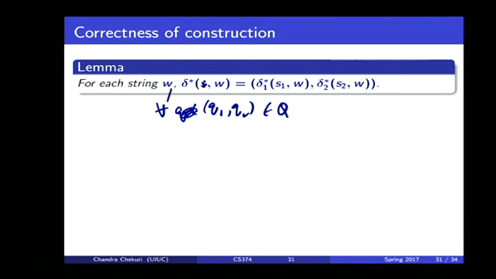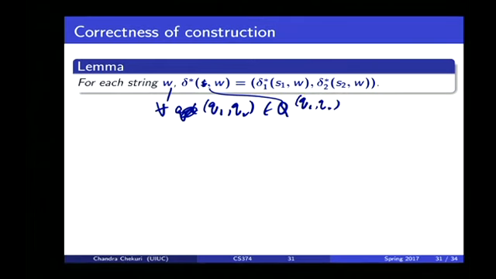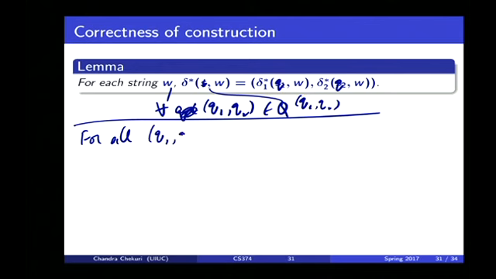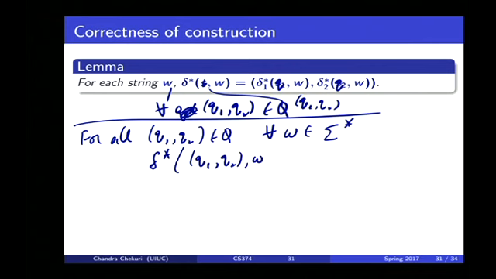Technically, I need this. Okay, I'll fix this. Let me write this down a little bit later. Right, for all Q1, Q2 belongs to Q, for all W belongs to sigma star, delta star of Q1, Q2, W is